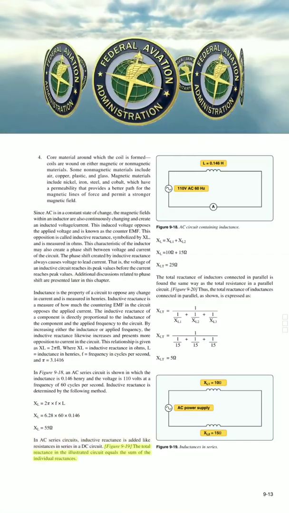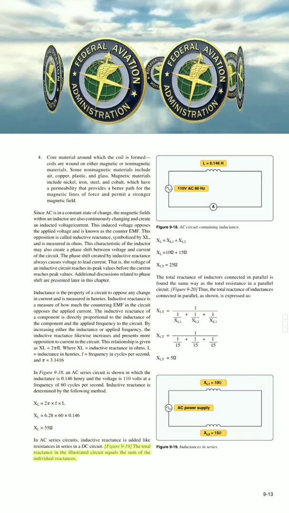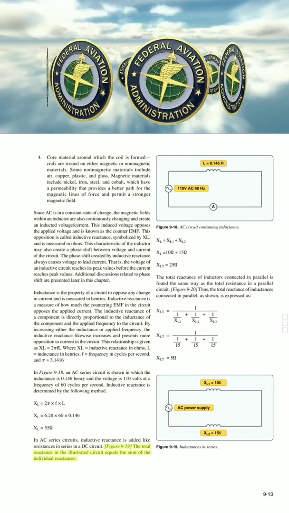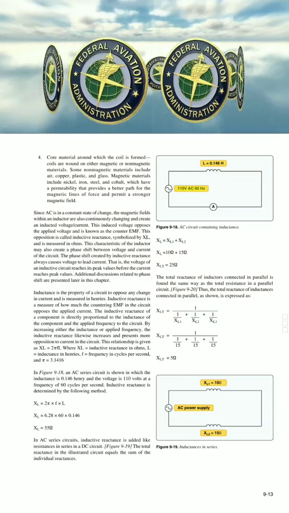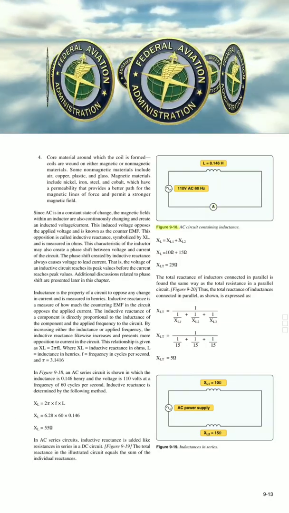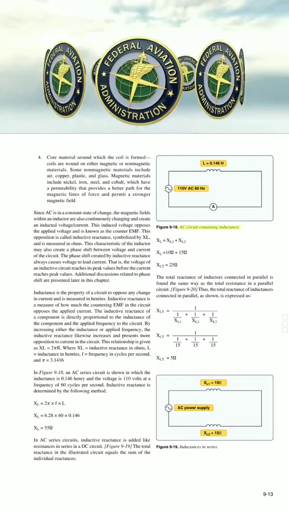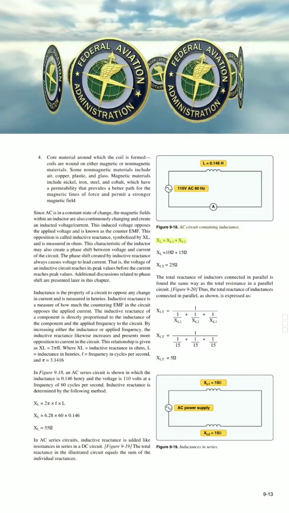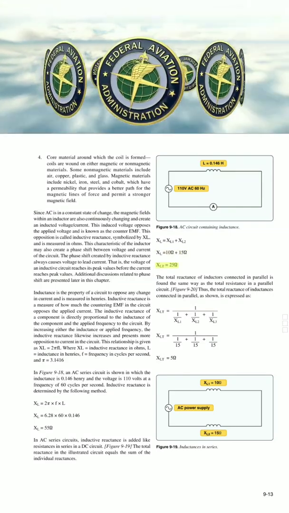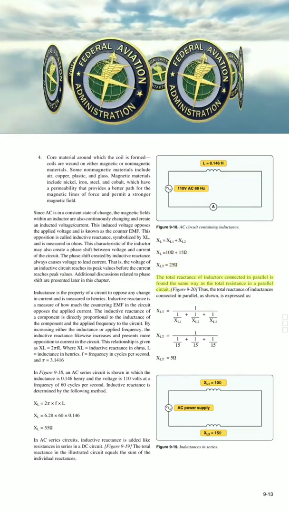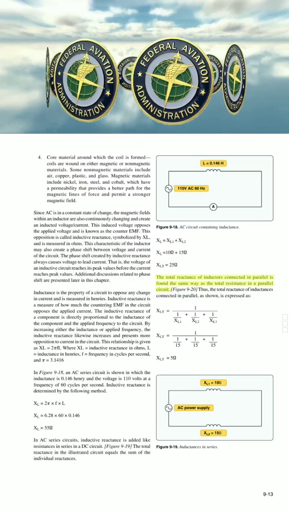In figure 9-19, the total reactance in the illustrated circuit equals the sum of the individual reactances. L equals 0.146H, 110 VAC, 60 Hz. Figure 9-18. AC circuit containing inductance. XLT equals XL1 plus XL2. XLT equals 10 plus 15. XLT equals 25. The total reactance of inductors connected in parallel is found the same way as the total resistance